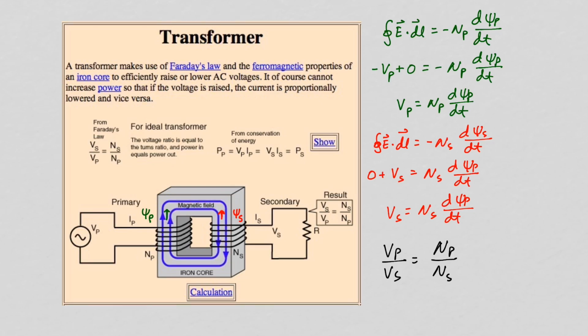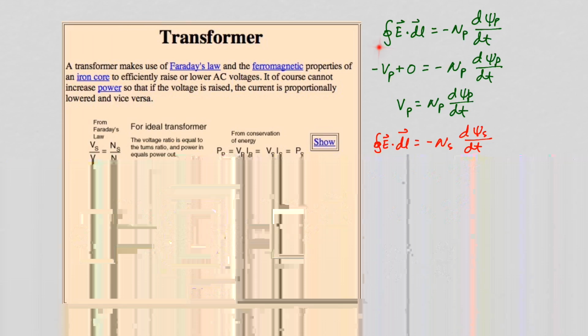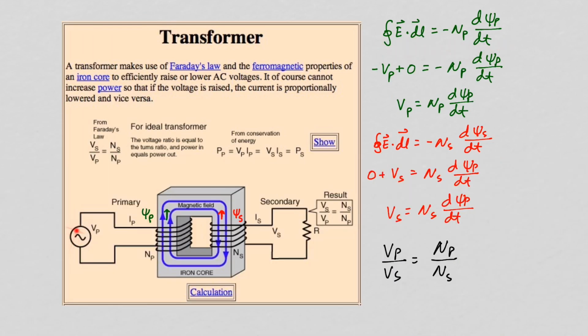We will define the magnetic flux in the primary as pointing up and the magnetic flux in the secondary as pointing up. So psi sub p is equal to minus psi sub s. So let's apply Faraday's law to our primary circuit. Assume very high conductivity for the wire making up the primary, so the integral of E dot dl through the wires will be negligible. So the integral of E dot dl on the primary will just be minus V sub p.